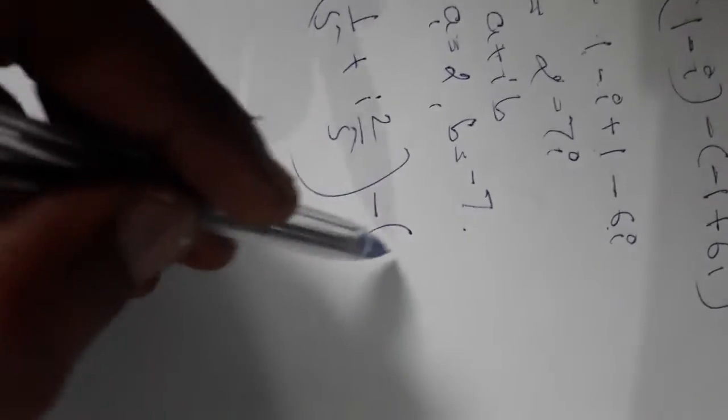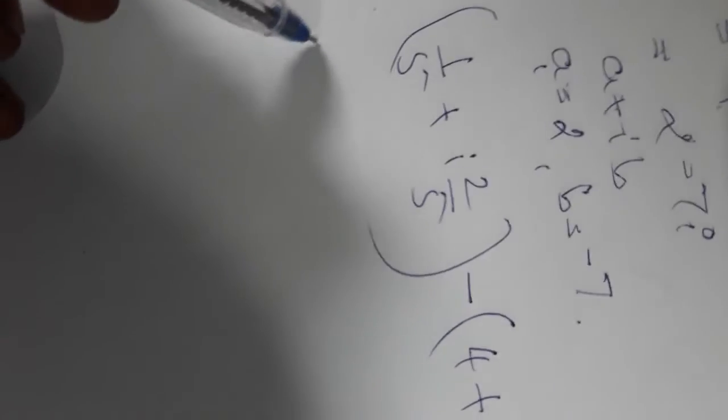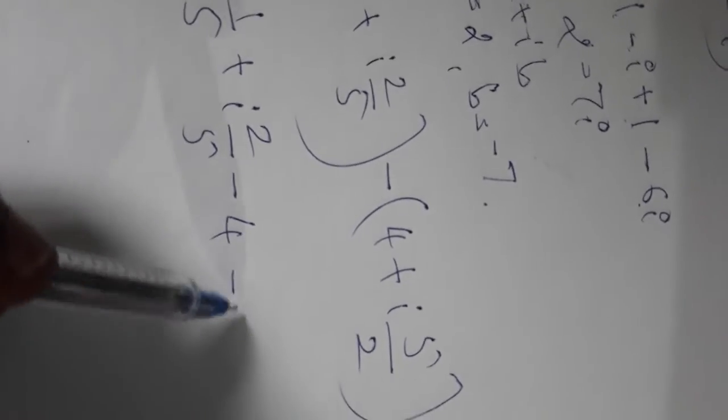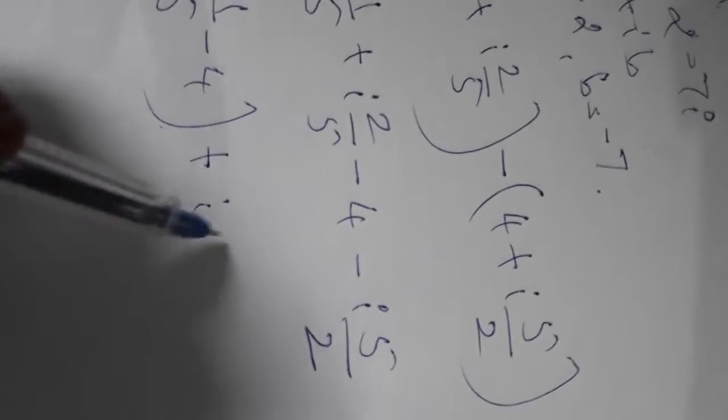Next one that I will be taking is 1 by 5 plus i into 2 by 5 minus 4 plus i into 5 by 2. So this will be equal to 1 by 5 plus i into 2 by 5 minus 4 minus i into 5 by 2, which is equal to 1 by 5 minus 4. Here i is common, so it is